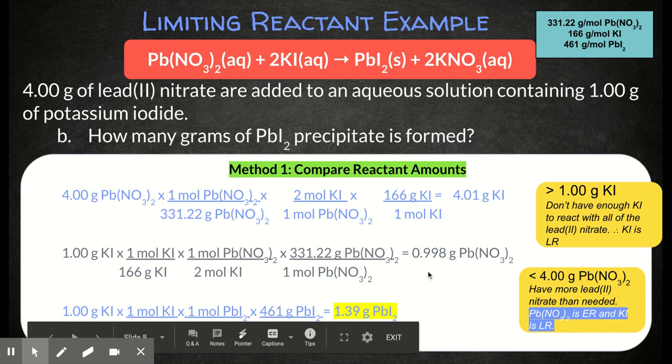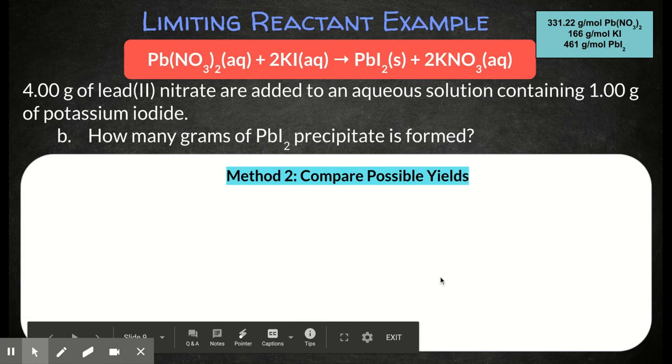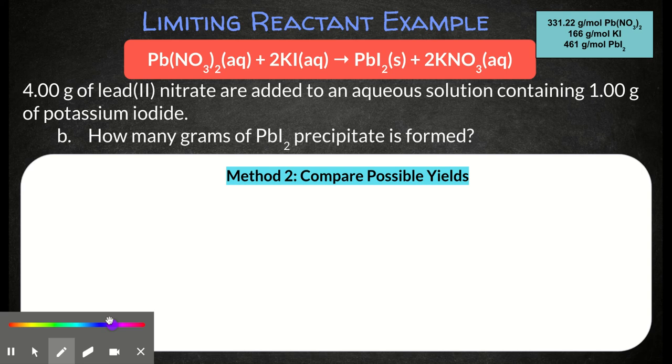So let's look at method 2. What's the other way of determining my limiting reactant? Method 2 is comparing possible yields. What you're going to do for method 2 is assume that you have some amount of one of your reactants and an unlimited amount of the other reactant, and determine how much of your product could be formed, and whichever one has the least amount of product produced is going to be your limiting reactant. So let's start with our 4 grams